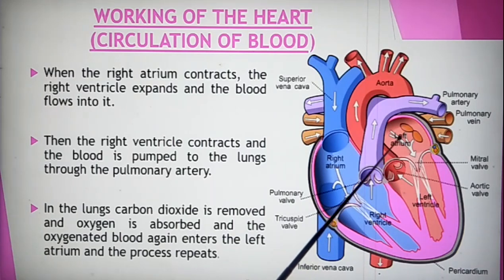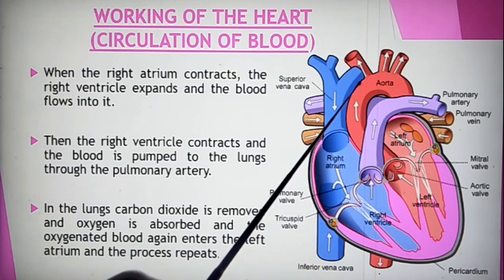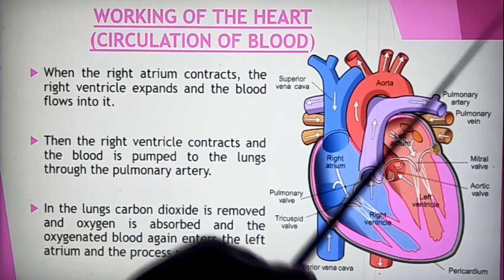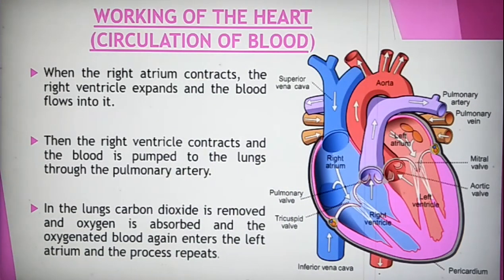See, left atrium. When it becomes full, what happens? The mitral valve or the bicuspid valve opens and blood rushes into the left ventricle. When the left ventricle becomes full, the aortic valve is there. It opens and through the aorta, the blood is carried to different parts of the body. How is it carried? Aorta splits into arteries. Arteries split into capillaries. And again, what happens?